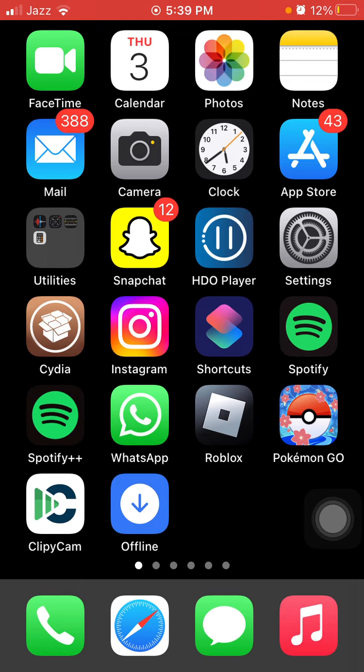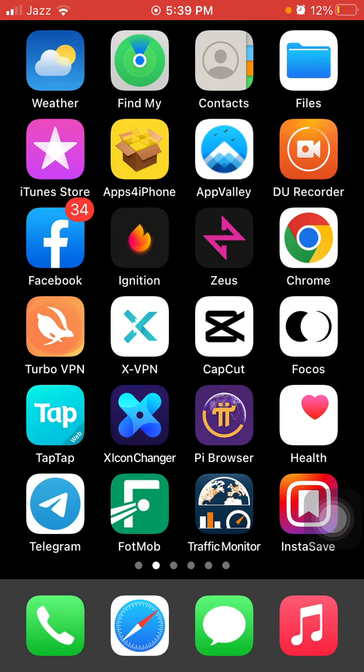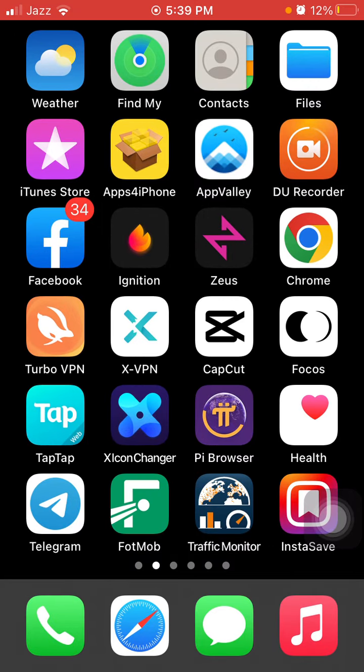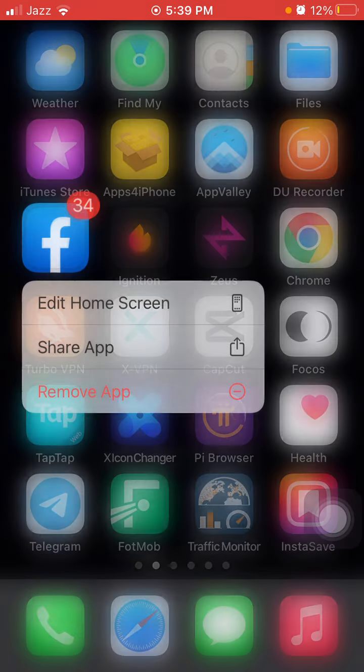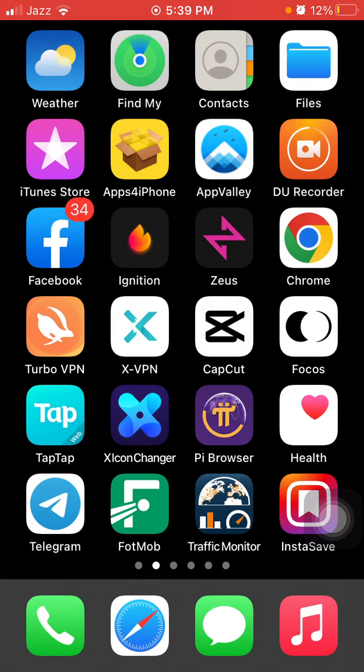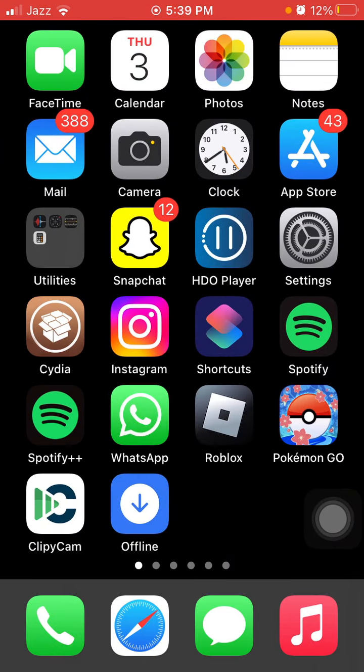If none of these is working, then tap and hold the Facebook app and tap remove app, then tap delete app. After deleting the app, wait a few seconds, then re-download it and enter your username and password and your problem will